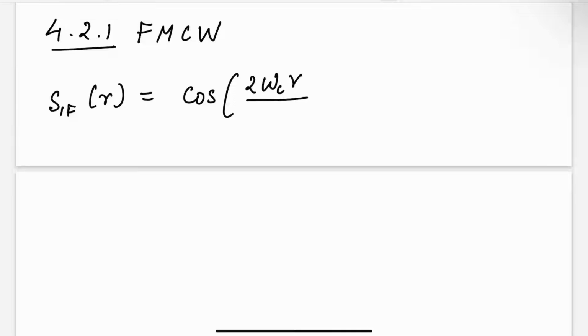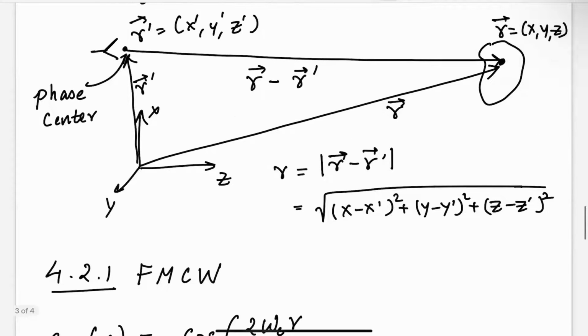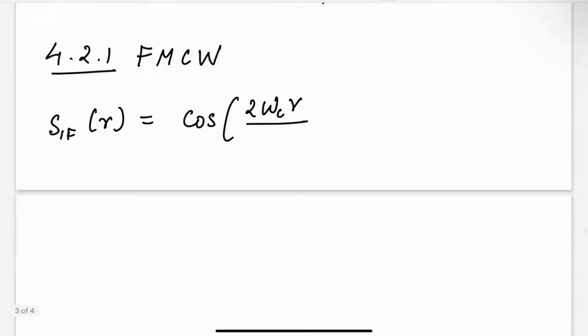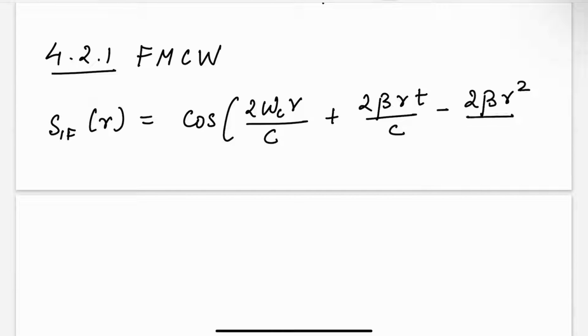So if the distance between the radar and the target is R, then the IF signal was shown to be 2 omega c R over c plus 2 beta R t over c minus 2 beta R squared over c squared,